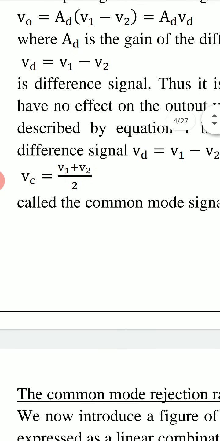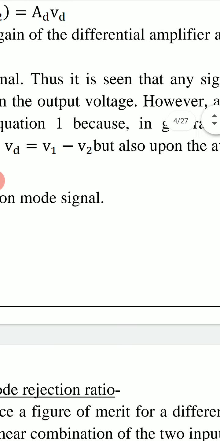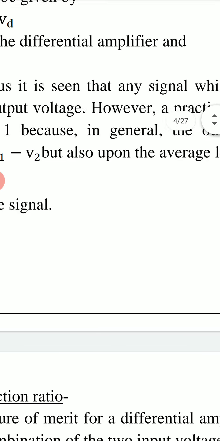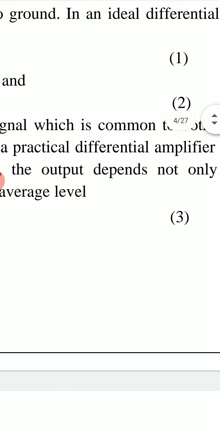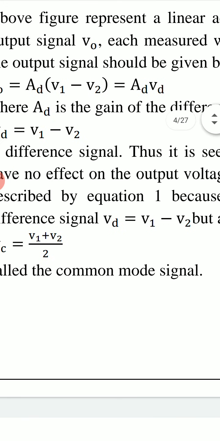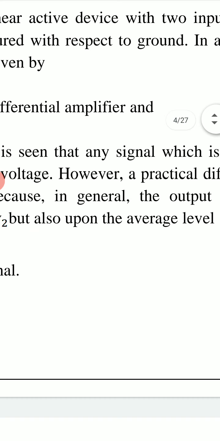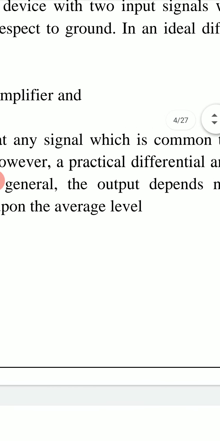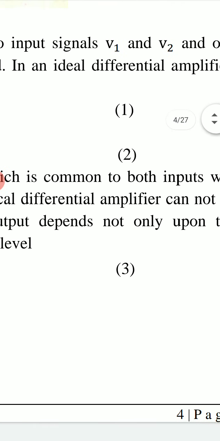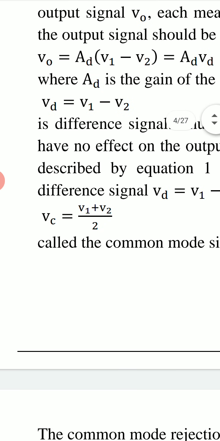It is known as the difference signal. Thus, it is seen that any signal which is common to both inputs will have no effect on the output voltage. However, a practical differential amplifier cannot be described by this equation 1,